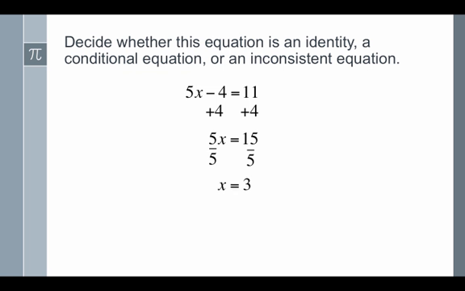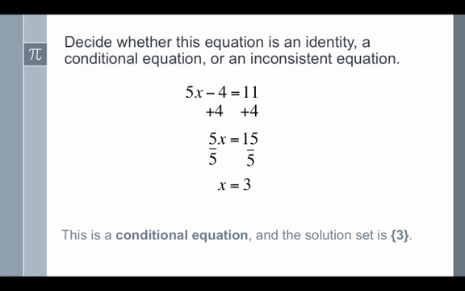Does x equal 3? Well, that's a condition. Our statement is going to be true if and only if x equals 3. And so since it's a conditional equation, our solution set is